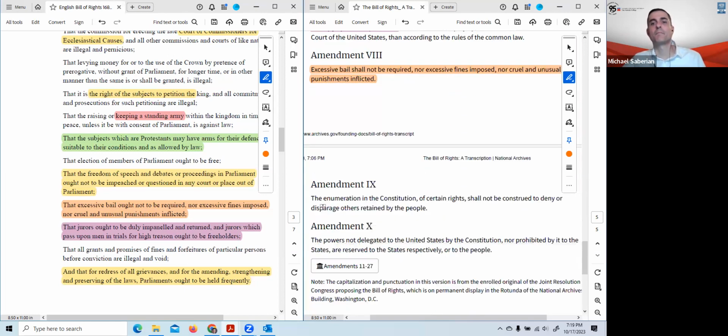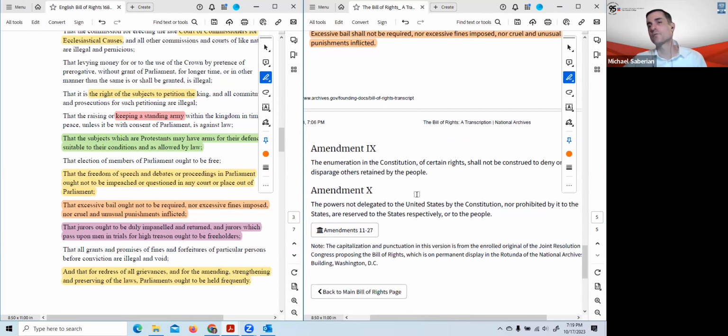So then the Ninth Amendment, the enumeration of certain rights shall not be construed to deny or disparage others. This is to say that the rights are not self-contained. So obviously this doesn't have any parallels with the British. And then the same with states' rights. Again, the English Bill of Rights are the rights inherent to the citizen vis-a-vis the British government, whereas the 10th Amendment is the rights of the states vis-a-vis the federal government. And so that, in a nutshell, you definitely see the cross-pollination of English traditions into this American Constitution of these